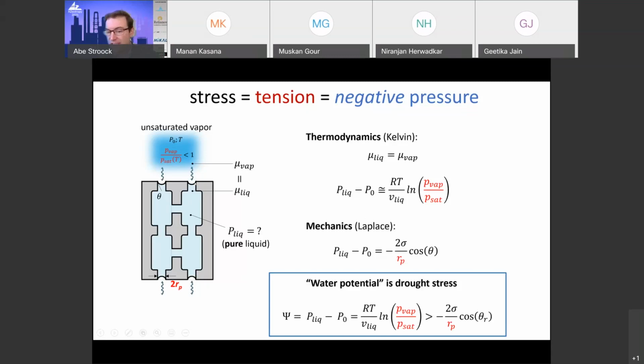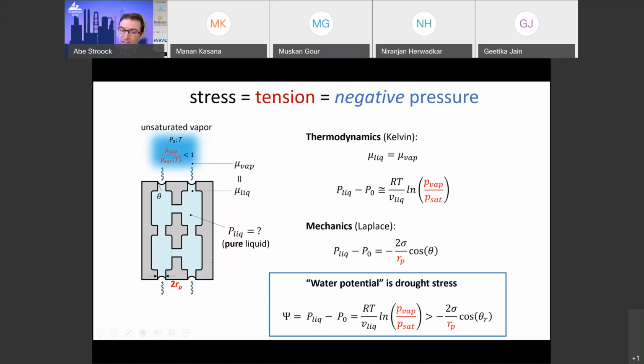So together, these are starting to tell us, in terms of physical chemistry and chemical engineering concepts, what is actually a good definition of stress, of water stress within a plant system. And it's got a name, it's called water potential. It's a recasting of the chemical potential. And it's defined in pressure units as the actual pressure in the liquid in the condensed phase minus the standard state pressure. And it's equal to RT times the logarithm of the activity divided by the molar volume. And this has units of pressure.